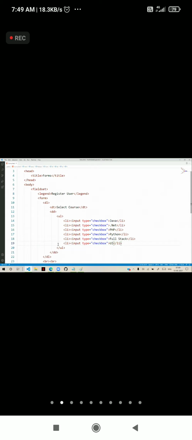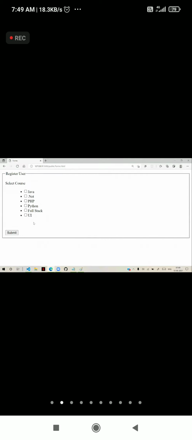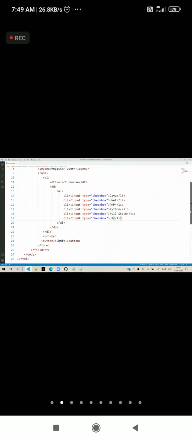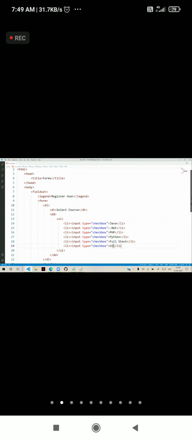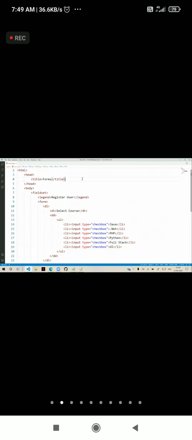Now usually this is the list of checkboxes. Like this, if I want to show 20, 30, it is very complex. Then generally, in order to create a list of checkboxes, in HTML we don't have any checkbox list, so we have to use our CSS. See what I am doing now.